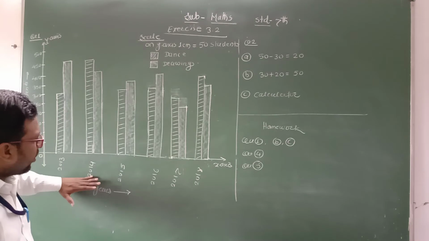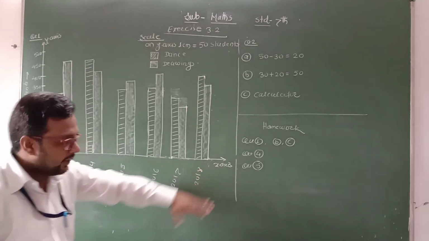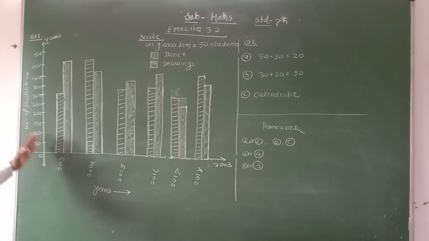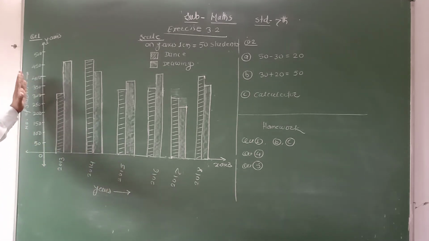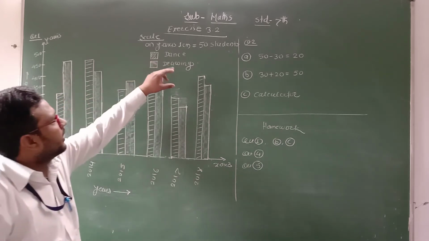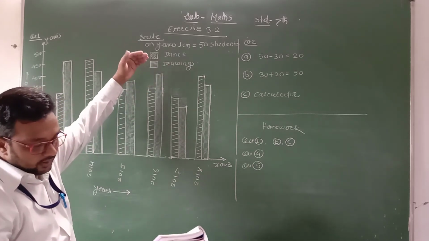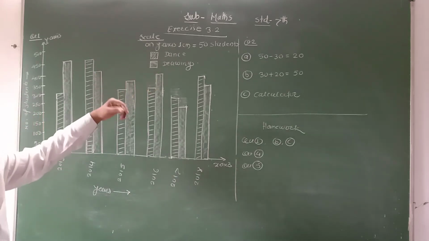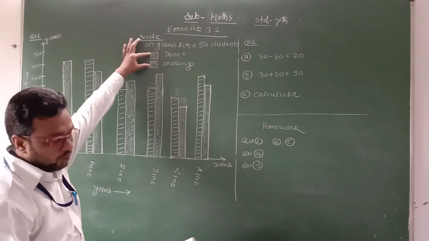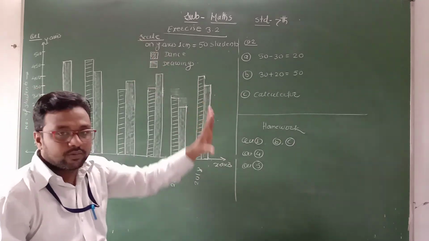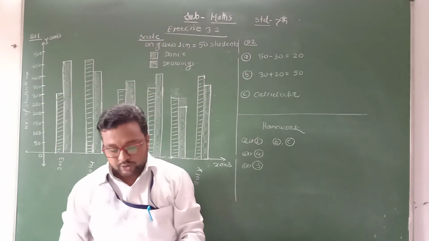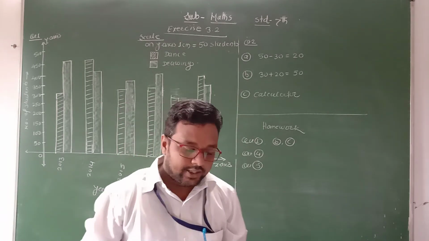Okay, what is important here? On the x-axis you have to mention the information given in the first column. According to the score, you have to represent on the y-axis and take a proper scale. Okay, and then the two pieces of information given in the data, you have to represent with two symbols. Okay, in this way we can construct the double bar graph. Clear, student? Now see the next question, question number 2.